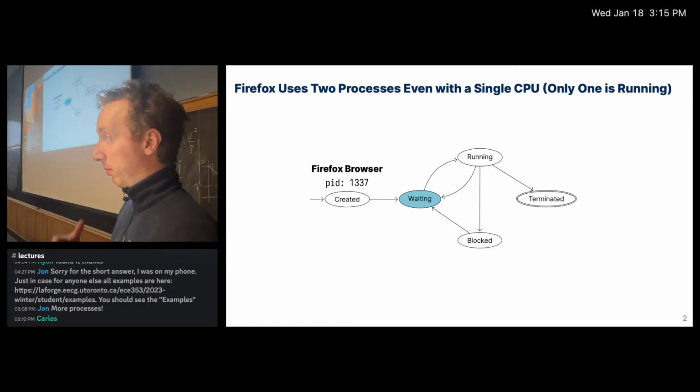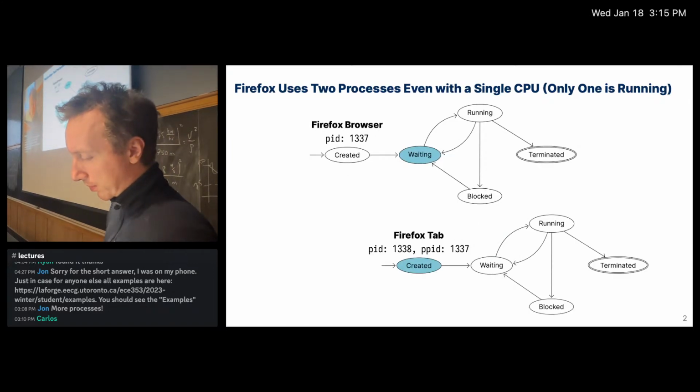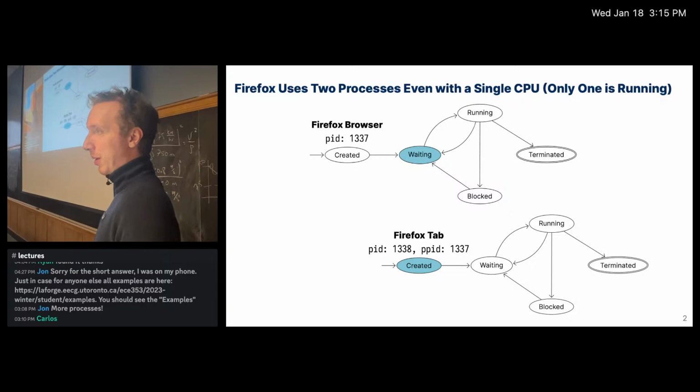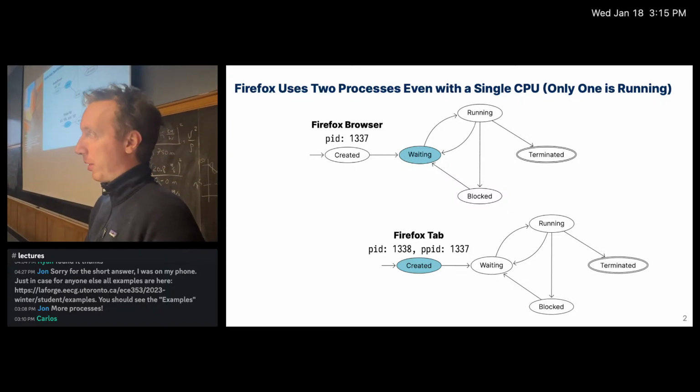So the kernel has to actually do all the tasks associated with that. It would throw that Firefox process into the waiting state where it's ready to run, but we're doing a system call, so we're going to just sit it there because we're going to create a new process. And then a new process would pop up. Boom, our Firefox tab. It would get something like process ID 1338 or whatever the next available one is, and